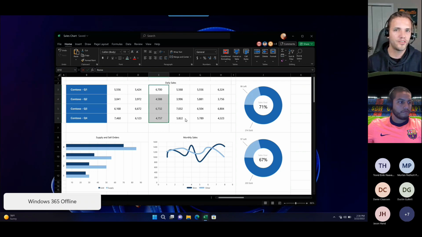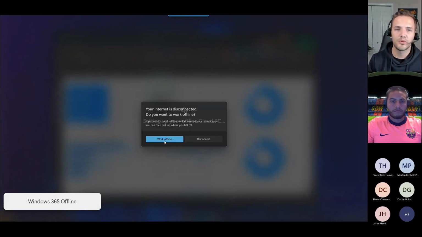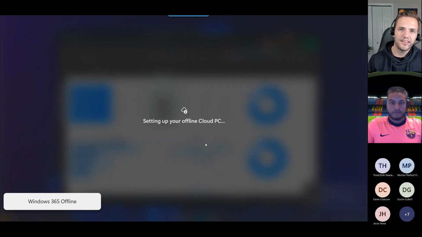And the offline experience is unique, and it's a more future-looking demo. And this demo will show how it will look if you're on a Cloud PC working on, for example, an airport, and you board a plane and you lose connection. Then the Cloud PC will show, hey, your internet is not working anymore. Do you want to work offline? And at that time,